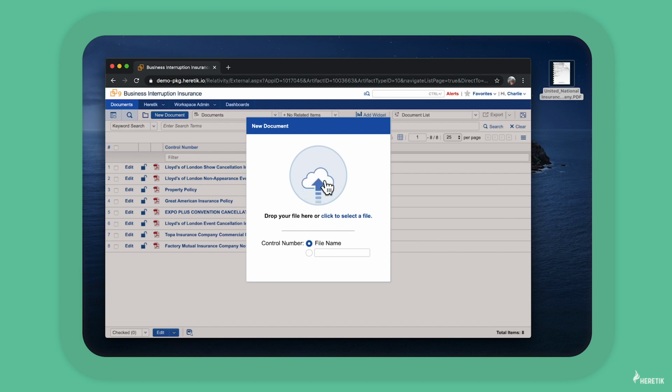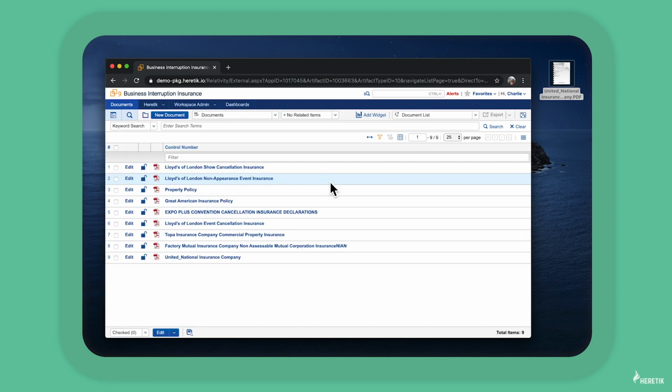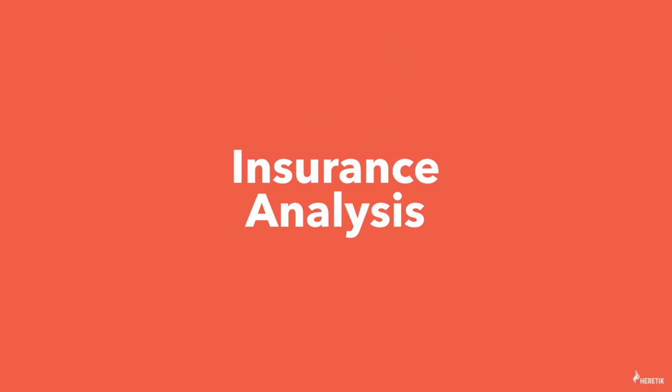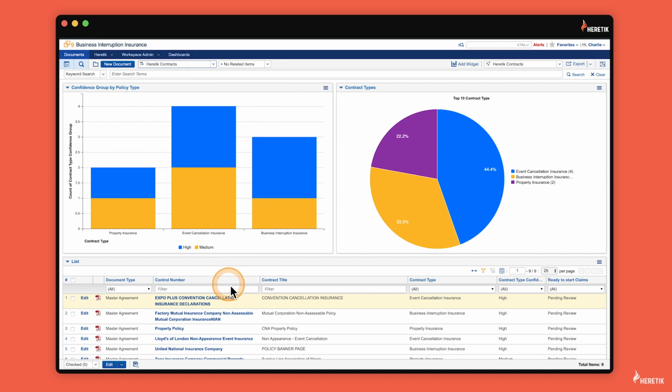As the policies are uploaded, they're automatically being analyzed by Heretik's model to provide my team and I the insights we need. Let's walk through the results. Heretik's technology immediately starts analyzing the critical contract data associated with insurance policies. As you can see here, Heretik has automatically classified the types of insurance policies in this dataset while also extracting